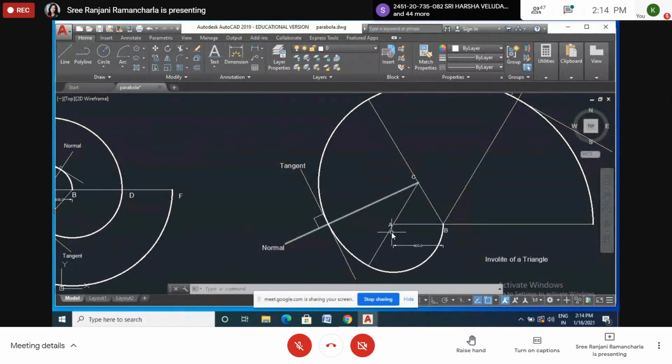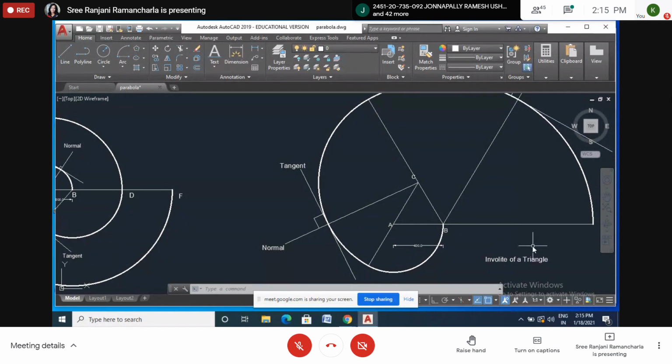You extended CA 4 centimeters, right? Because when you have taken A as the center and AB as the radius, this length also becomes the same radius. That is 4 centimeters. Similarly, if you want to extend BC, how much do you have to extend? 8. So twice, because this is the center point and this is the radius. 400 plus 400, so it became 800. So you have to extend the line 800.